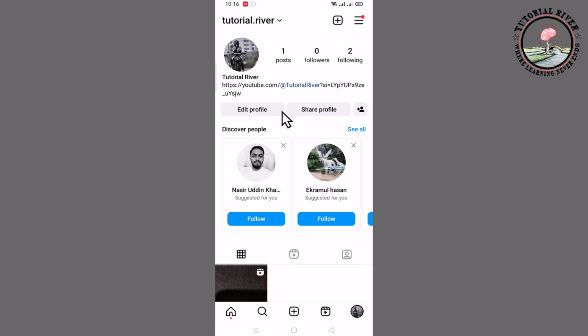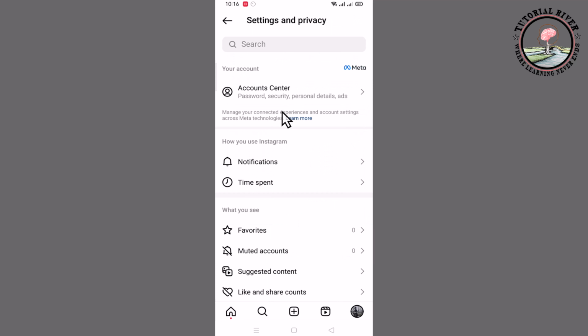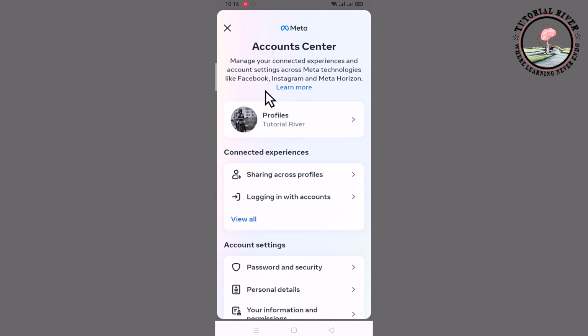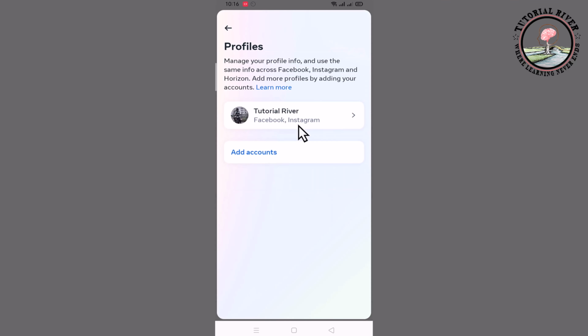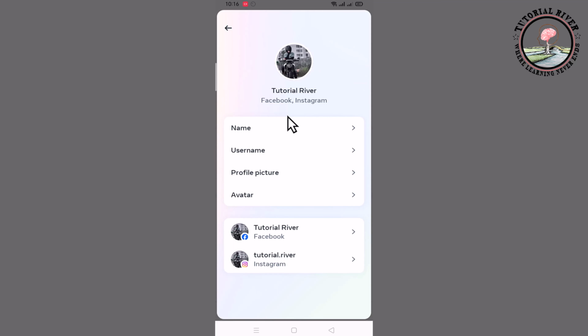settings and privacy, account center, click on profile, click on it again, and now select Instagram, not Facebook,